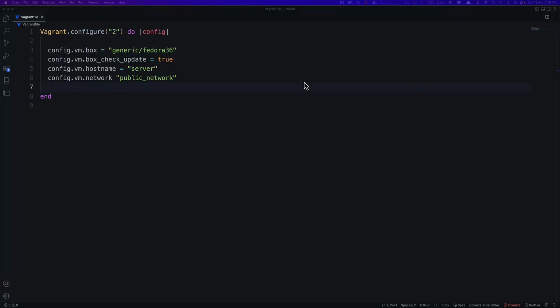Hello guys, this is a demonstration of how to configure FTP on your machine. The one which you see right now is the configuration I'm using for creating my VMware virtual machine using Vagrant. Please note here, I'm configuring a public network on this virtual machine so that I can use the public IP address of this machine from my physical machine, so that I can connect over the network and check the FTP settings